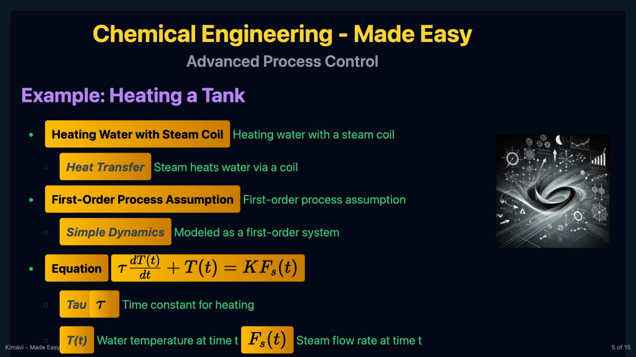Consider a tank of water being heated by a steam coil. The temperature of the water changes over time in response to the steam flow rate. Assuming the system behaves as a first-order process, the temperature response can be described by the equation tau times the derivative of T with respect to time plus T equals k times F sub s. Here, tau is the time constant of the heating process, and k is the gain relating steam flow rate to